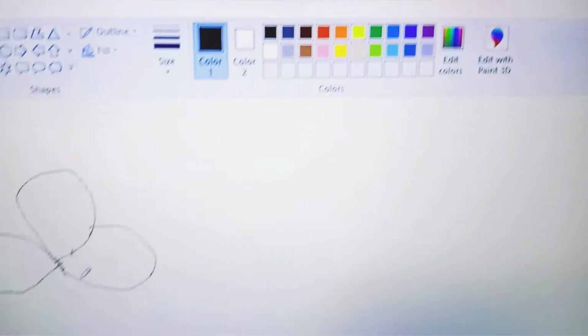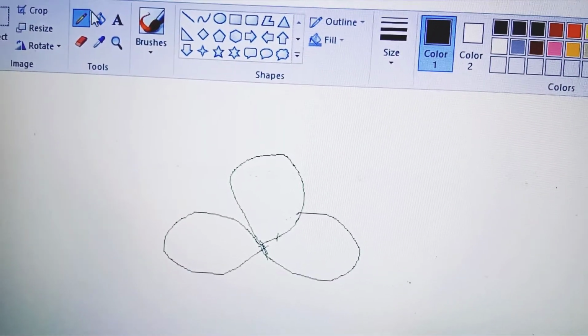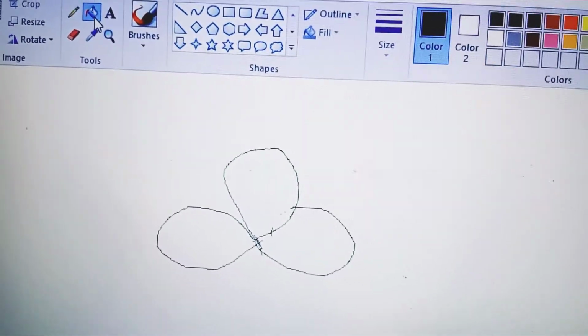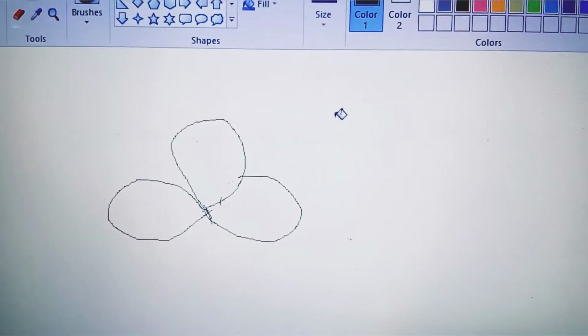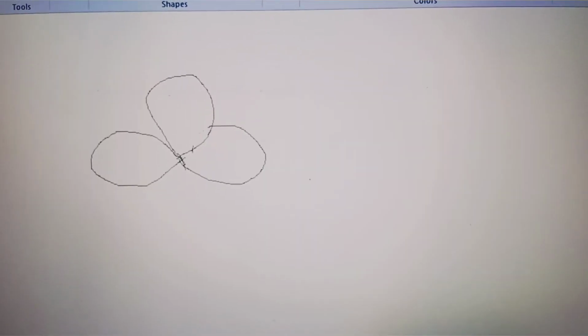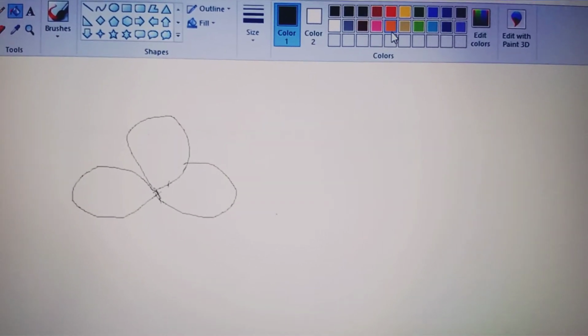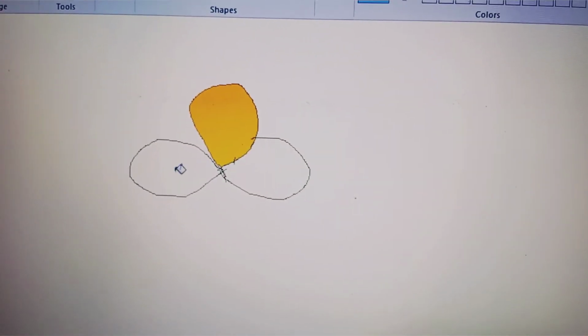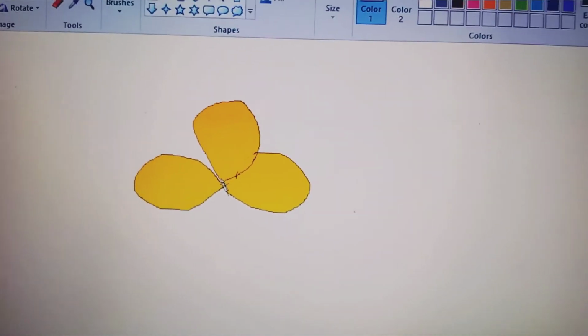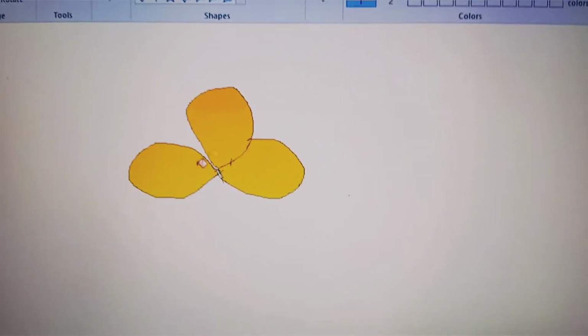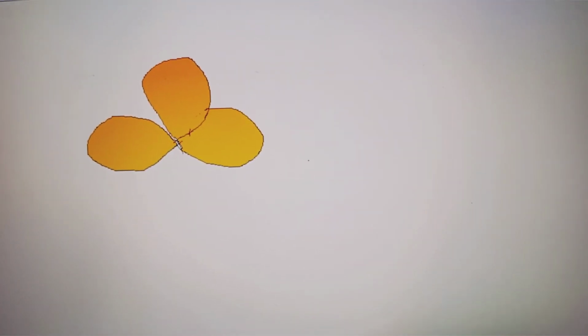After finishing your drawing, you can color it according to your wish. To color it, we can select fill with color. You can see the fill with color option is present. When I click on it, the mouse pointer turns into the shape of the fill with color. Then click on any color which you want. Suppose I took the orange one. Fill with color means no need to sketch it. You just click once, and the full diagram will be colored. Understood?